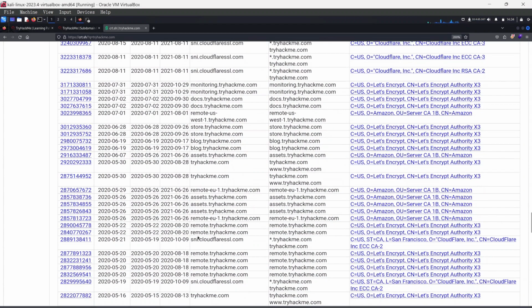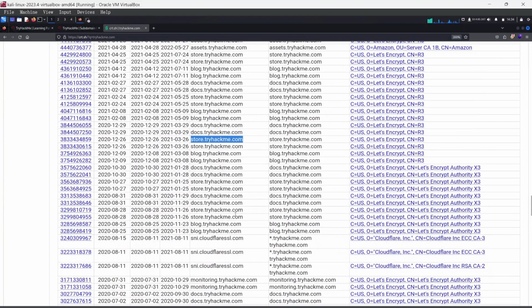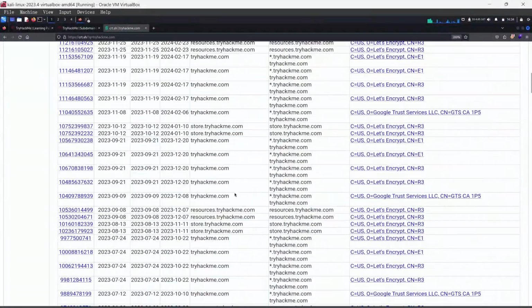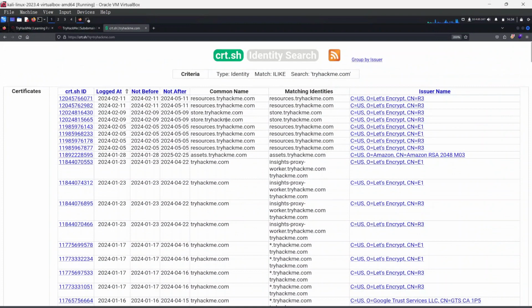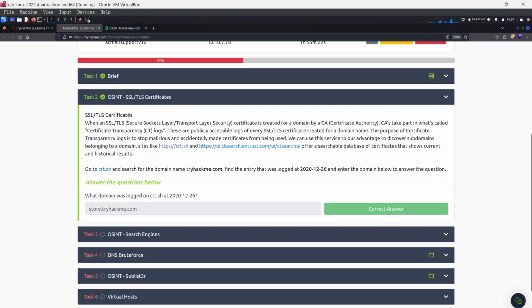You see there's one remote to tryhackme.com. This is just on Tryhackme, but if you're using a particular website, you could actually search that and then get some subdomains that are hidden, and this is able to be done because of the SSL and TLS certificates that are publicly accessible. Okay,